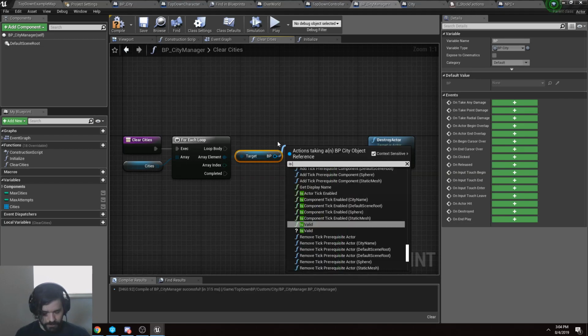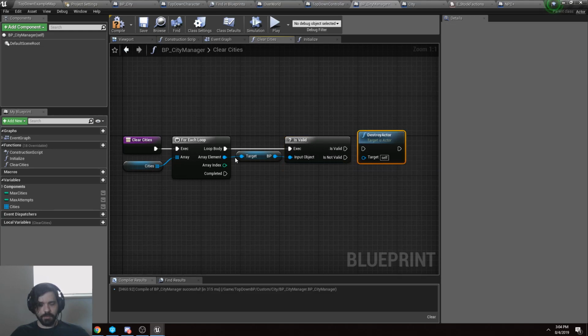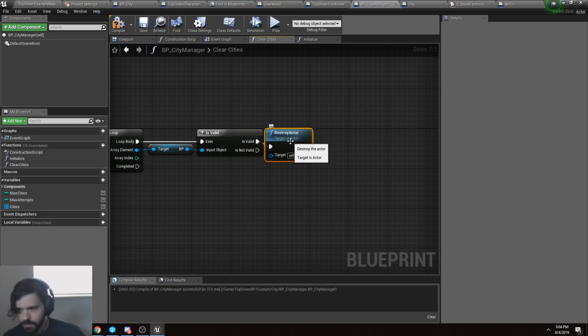First, I'm going to do just a little check here, is valid. This will just allow us to blanket call this. Later on, we'll just be using better structure and state machines to